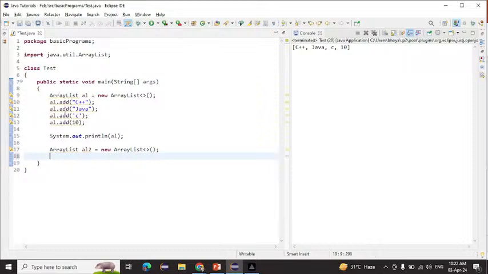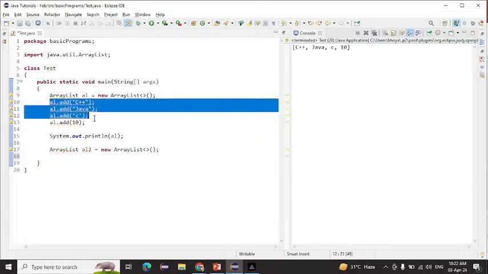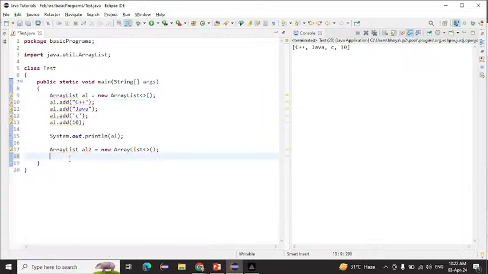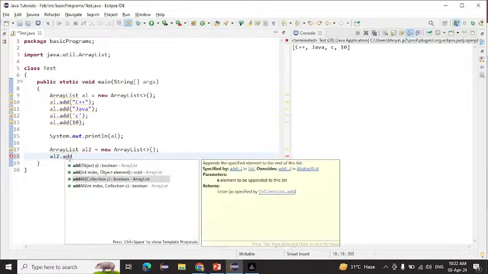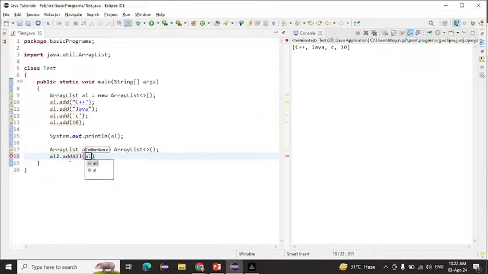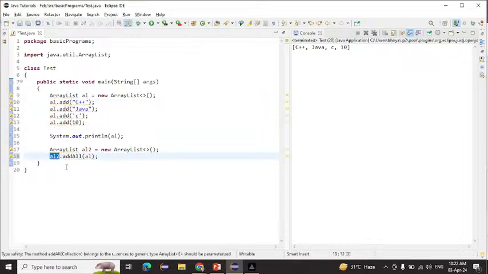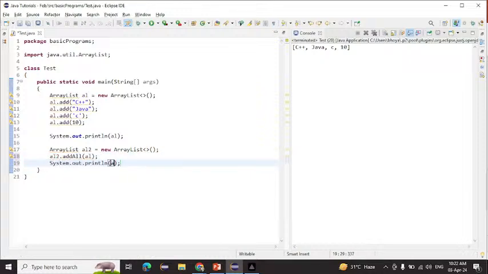And how will we add that? Suppose I want all these values inside our collection object. So how will we use that? Simple, we need to write here al2.addAll, and we have to write the collection object from which we want the values. I want all these values from this object to this object, so that's why I'm writing al2.addAll(al). Now if I write System.out and al2,